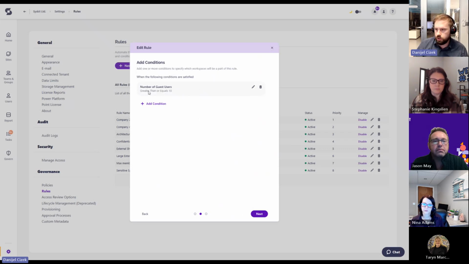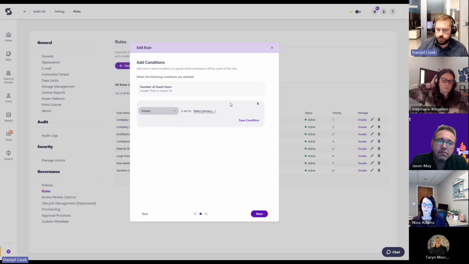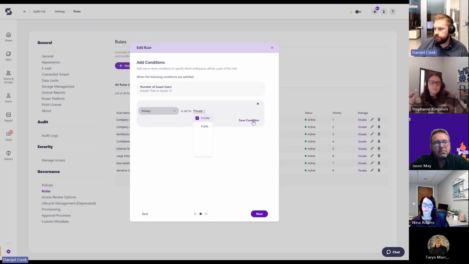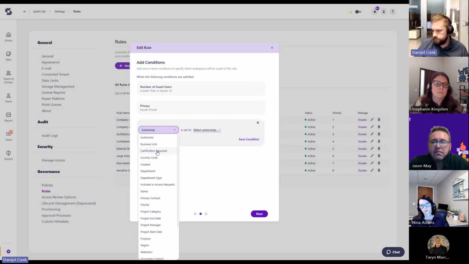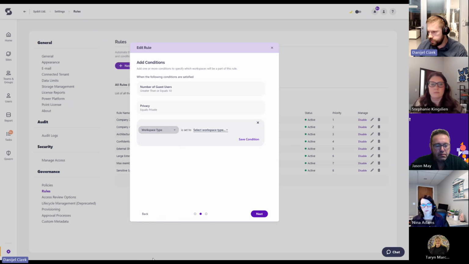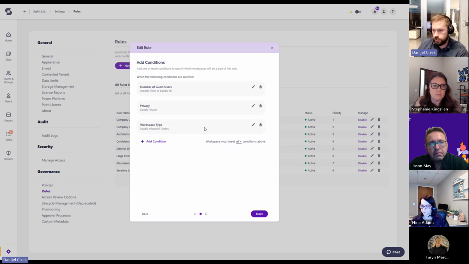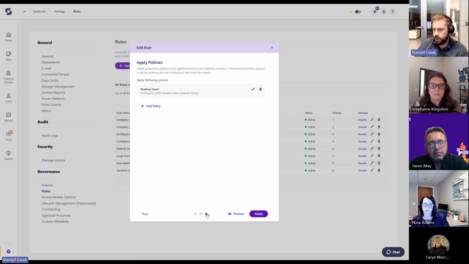For example, this is a rule for groups and teams that have more guest users. I can add additional rules and conditions here. For example, I want this to be only for private teams, or fine-tuned only for certain workspace types. Let's find the workspace type. So I want this to be for all of the teams that are private and that have more than 10 guest users. In that case, when we find a workspace that matches these conditions, we will apply the following policies,